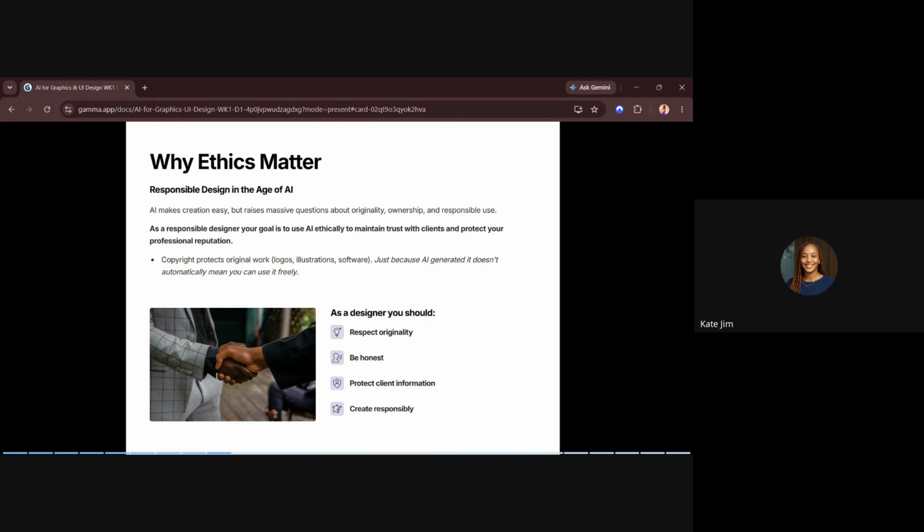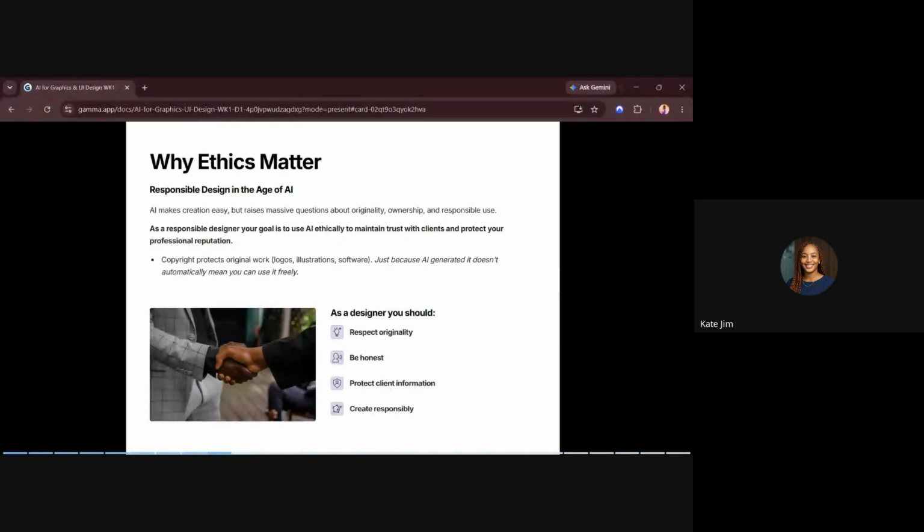What does it mean to be honest? If you added AI to someone's design, you can tell the client, and not make it look like the AI did everything. Explain the process, this is what you did. Then do your research and ask, is this free for someone to use? Even on Google Images, when you're searching, you're supposed to check which ones are licensed images. That's why most people use free stock images, because they don't have licenses attached. But the moment you see that something has a license and you decide to use it, you're putting yourself in deep trouble. So respect originality.